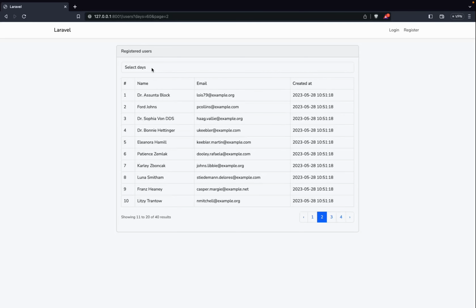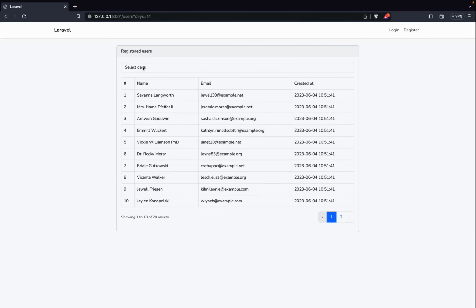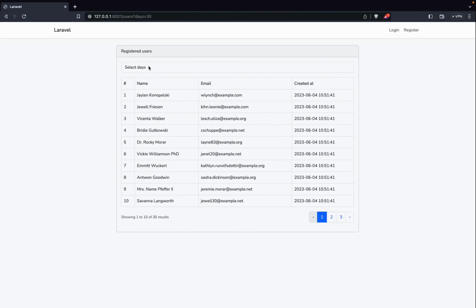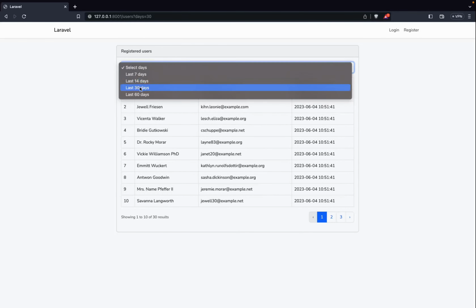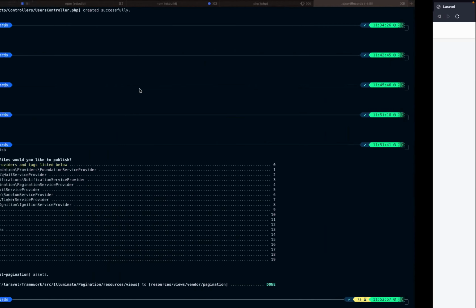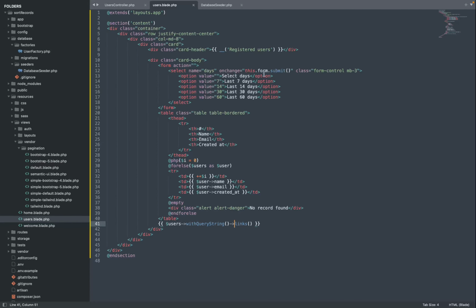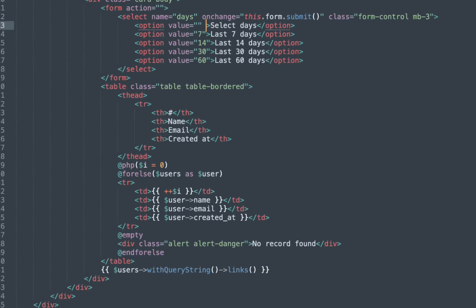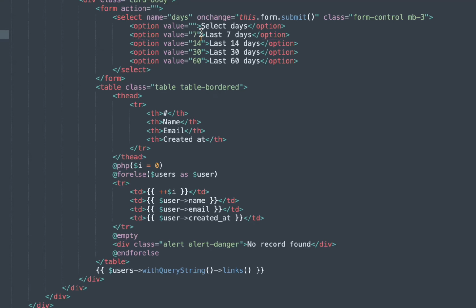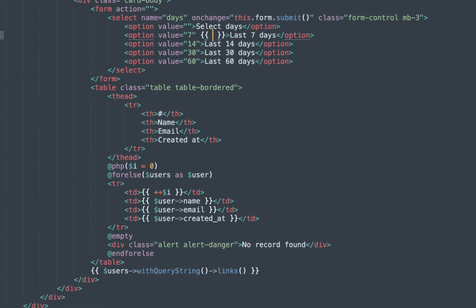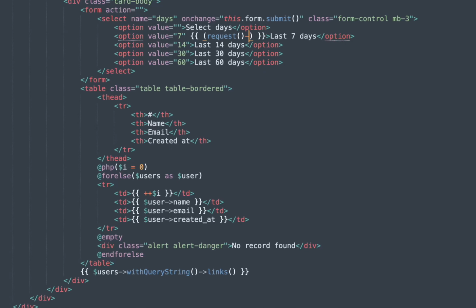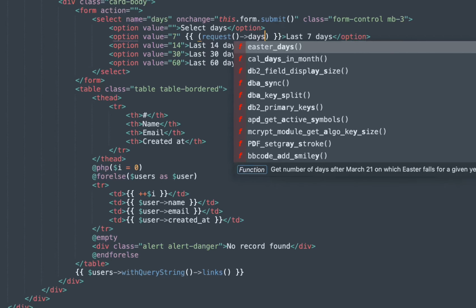So what we are going to fix again is this: when this thing is selected, as you can see, the page refreshes and it doesn't return the filter that you selected. You have to look at the URL to be able to figure out the filter that you've selected. So to fix this, we're going to write a little if statement inside the option, not here. So this is what we're going to do. First, we're going to check if the request